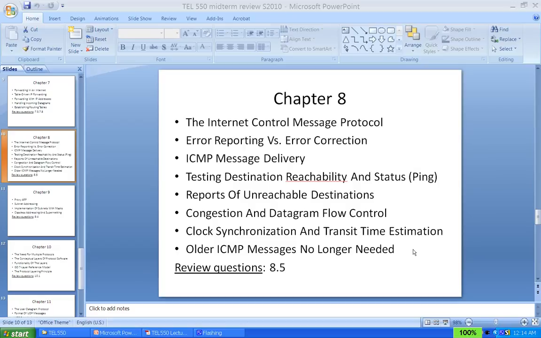In Chapter 8, we discussed ICMP. We know that we need some kind of mechanism to handle errors. ICMP is an error reporting and detection protocol that helps us identify problems over the network. For instance, certain destination is